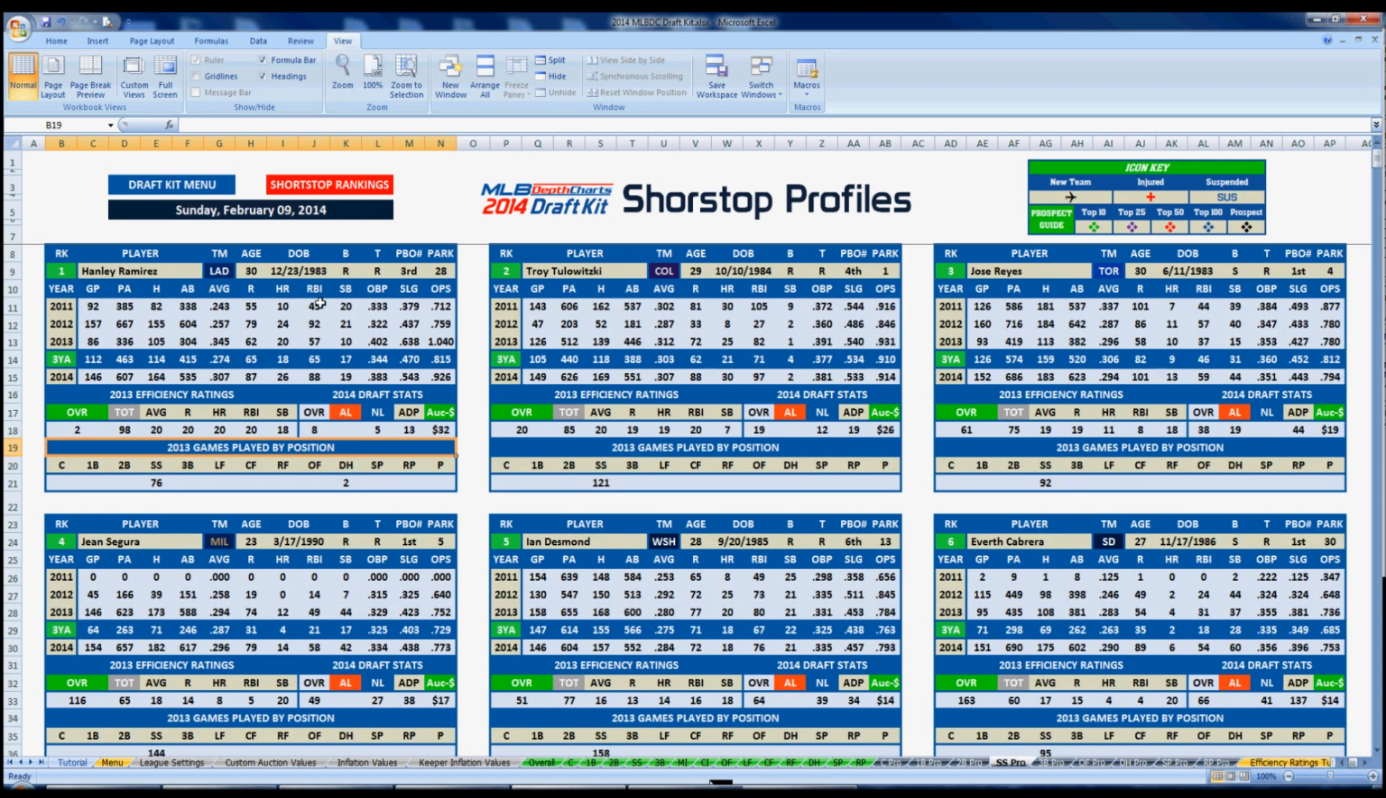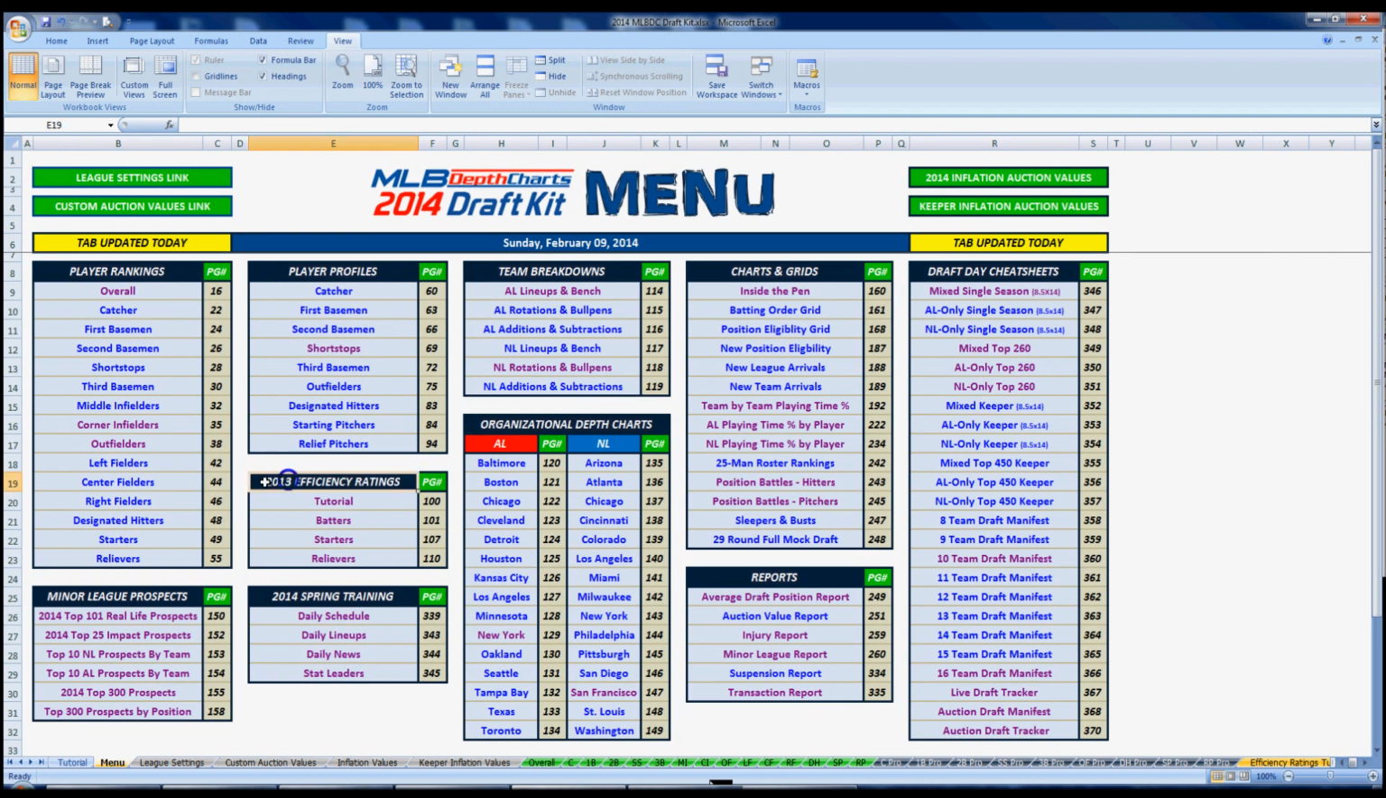Now, if there's a player we don't have on here, like a top prospect like Javier Baez from the Cubs, you could simply type in his name, and it'll enter in all this stuff for you, so you can see that. Next up, we'll go back to the menu here, and we'll check out our efficiency ratings, which is probably